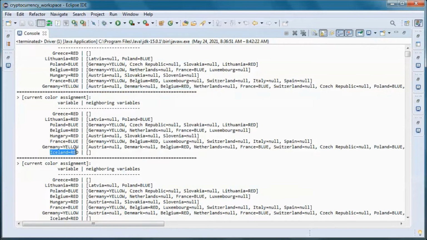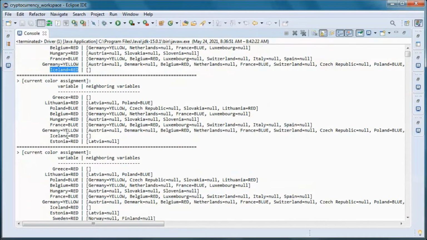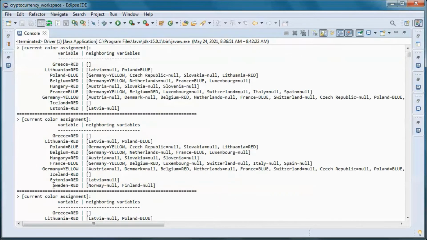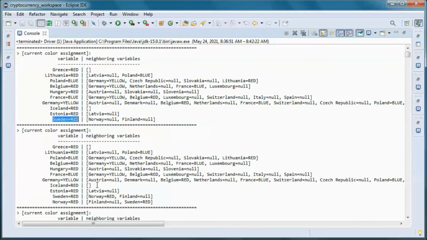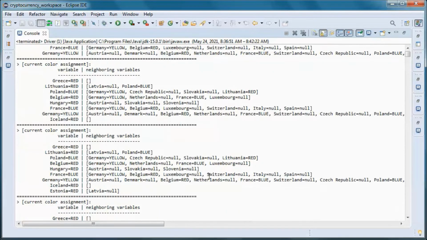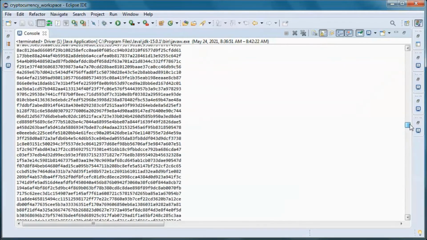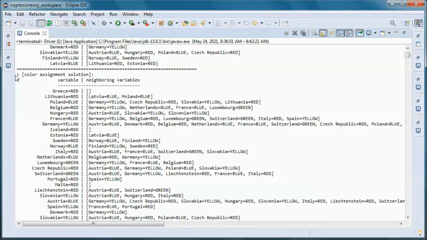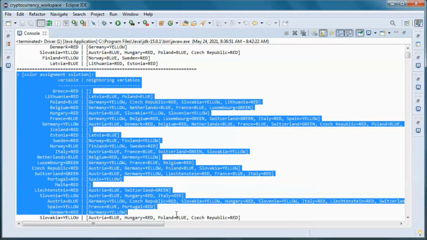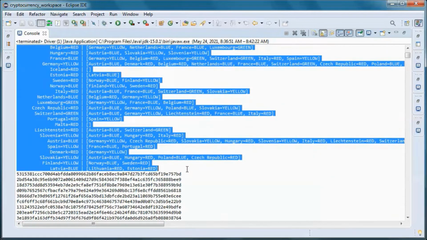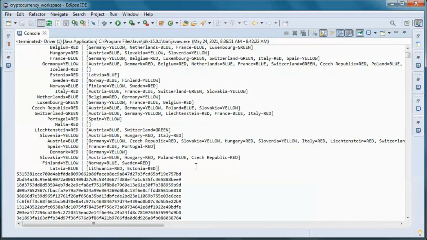And we move to this country, and it doesn't have any neighbors, so we move to the next one, and its neighbor has no colors assigned to it yet, so we move to the next one, etc. Until we found this color assignment solution for all the countries in the Schengen area.